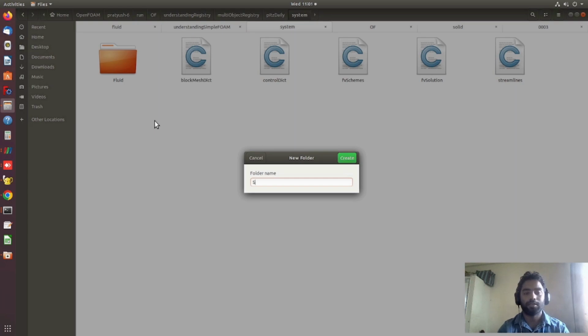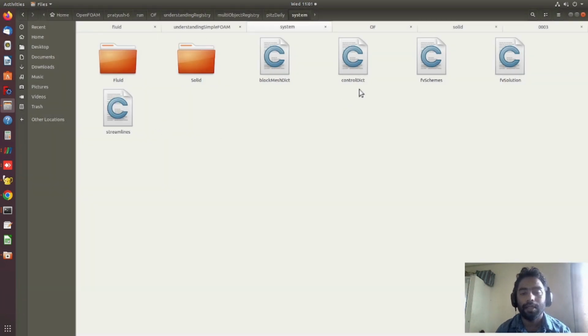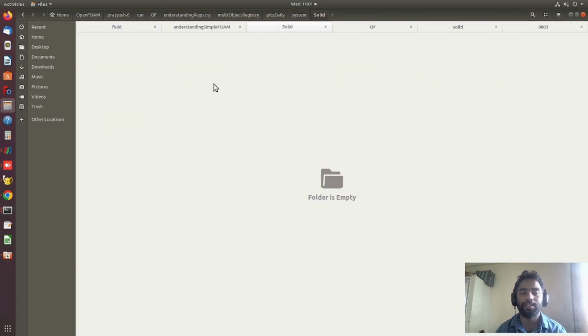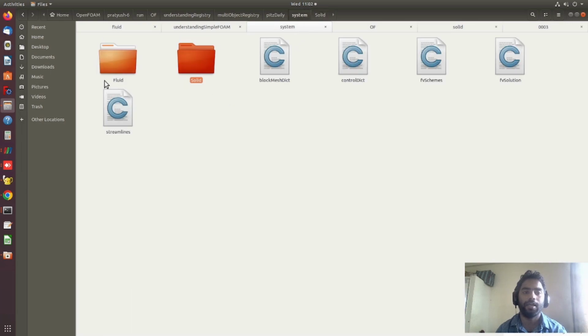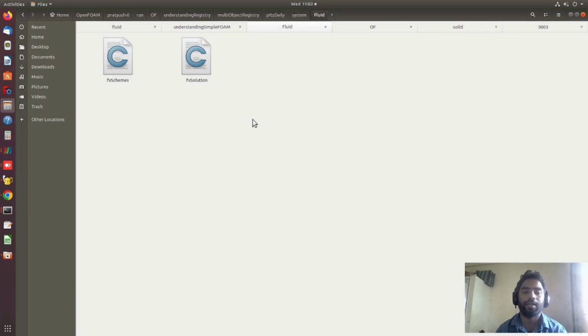The F and S are capitals. So now you can understand that in every OpenFOAM case there is only one controlDict, because whatever solver you use in OpenFOAM always asks for one time object. So only one time object is registered in the object registry. That is why you will find only one controlDict in any OpenFOAM test case. But fvSchemes and fvSolution are related to the meshes, that is why they are registered for the